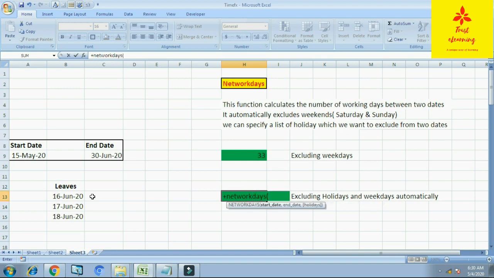NETWORKDAYS. This is my start date, this is my end date, and now I want to specify a list of holidays also. I want to tell this function that before calculating net working days, please consider this list of holidays also. If I specify this list, what will it do? It will give me net working days